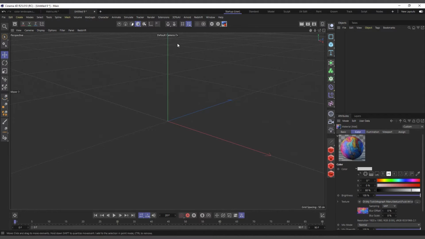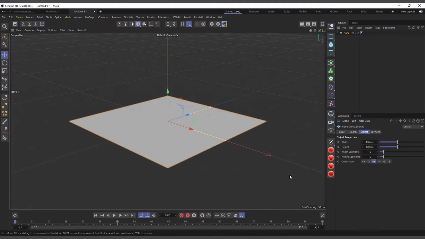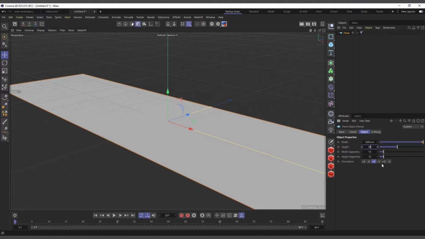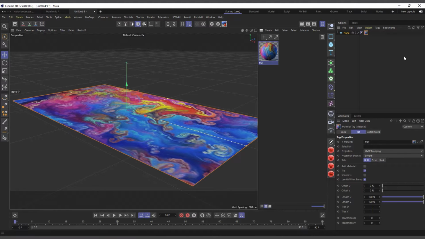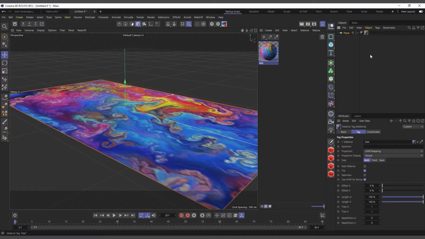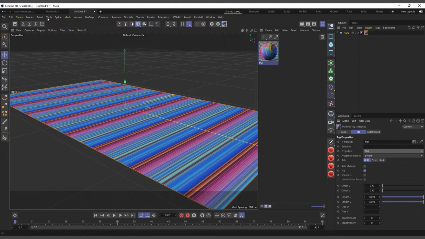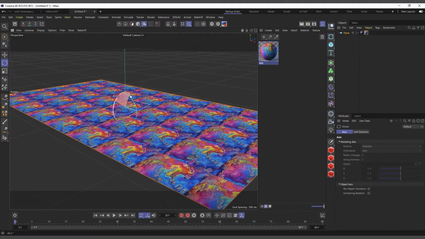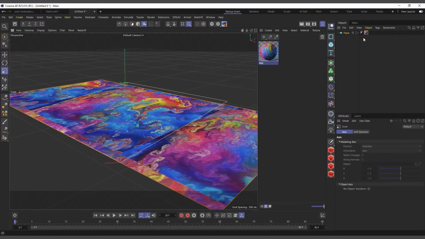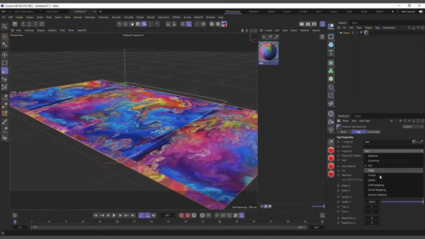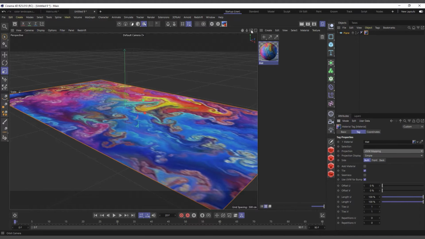The next thing is I'll create a plane. I'll make it 16 by 9 because that's the ratio for the video, so 1600 by 900. All right, and I'll drag my material on it. If your material doesn't fit, you can change the UV to something like flat, and come into the material mode and adjust it a bit if you want. But for mine, because I know everything works fine, I'll set it back to the UV mapping, which is fine.